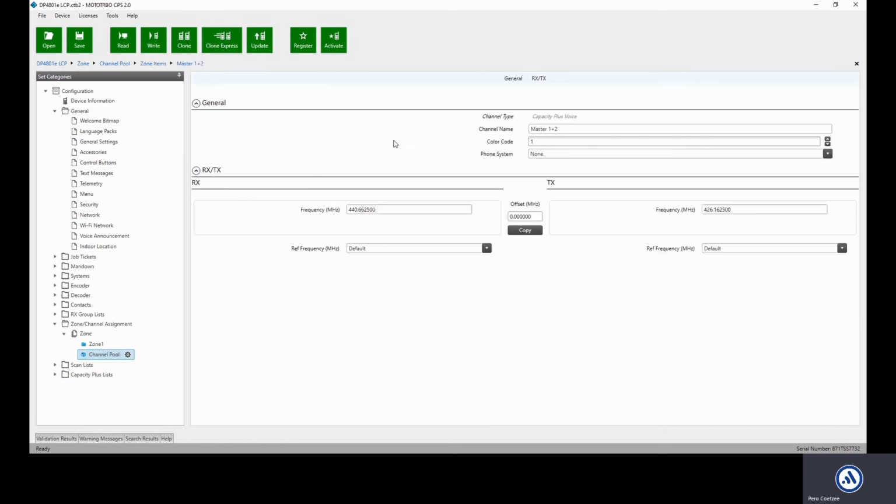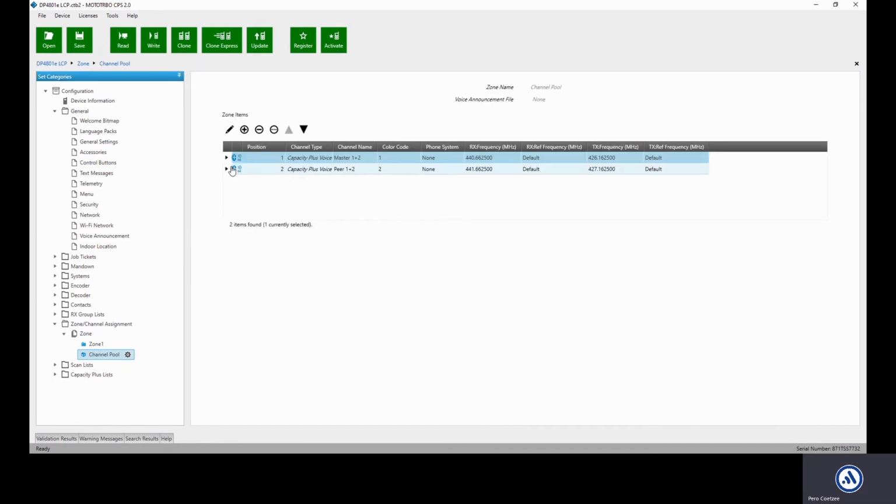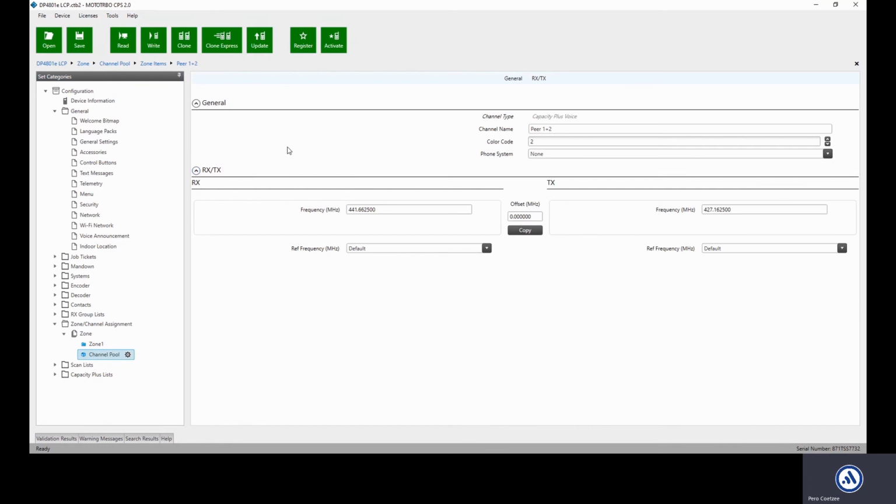And you'll see this is my master repeater's details. And again, there's nothing that you can set apart from the color code and the frequency. And then this is my peer repeater, which is my site 2 repeater. And again, you can see it's only the frequency and the color code. So once you've added all of your site channels to the channel pool,